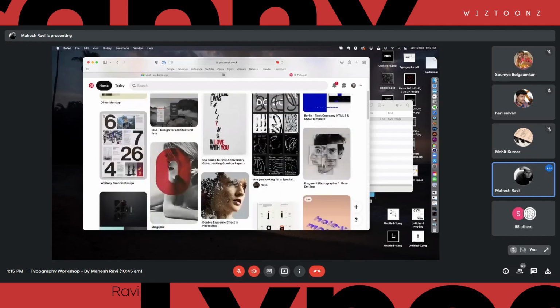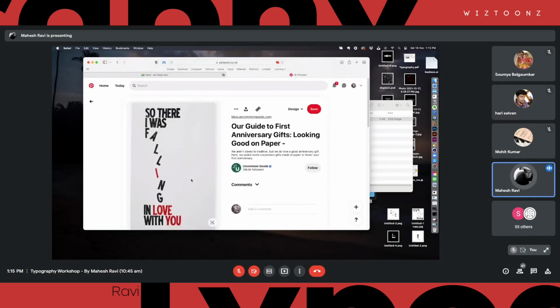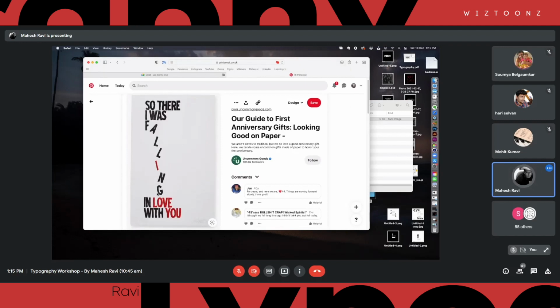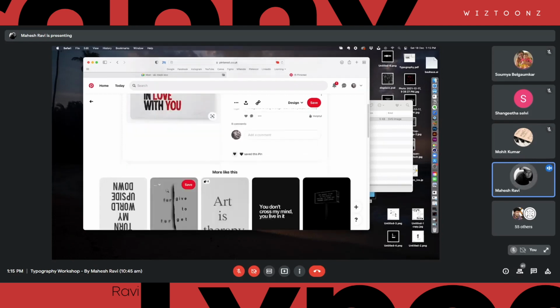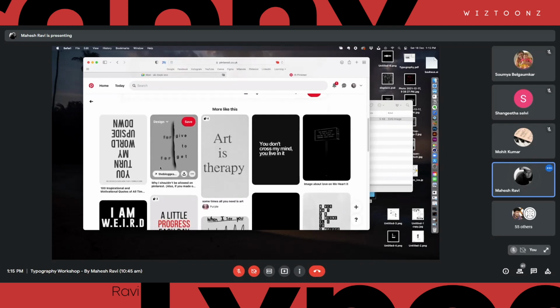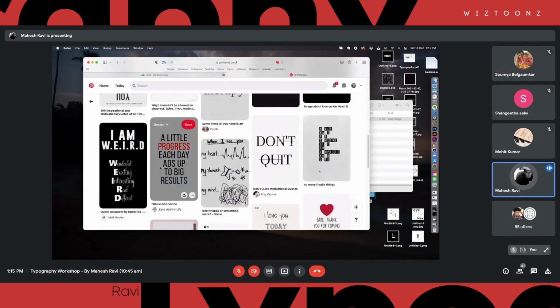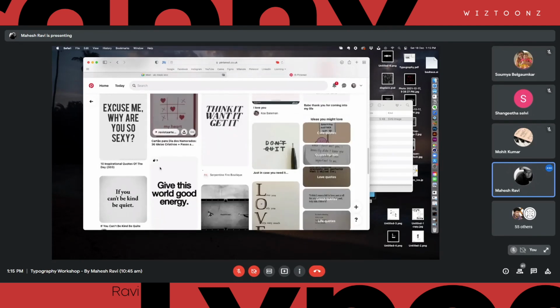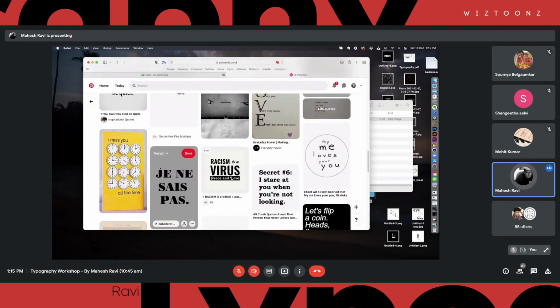See, creating movement with typography. I think I was actually explaining this in the class yesterday, right? How do you actually create movement in static typography, right? By just twisting and positioning it, we feel that this is actually falling down, right? So there are a lot of interesting things that you can do, so play around with it and come out with a unique solution, right? Don't fall into your safe zones.